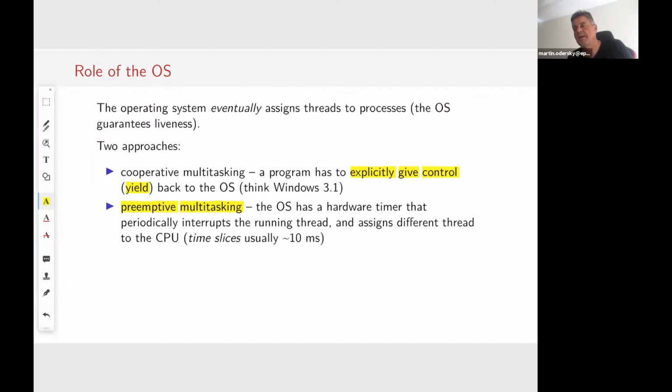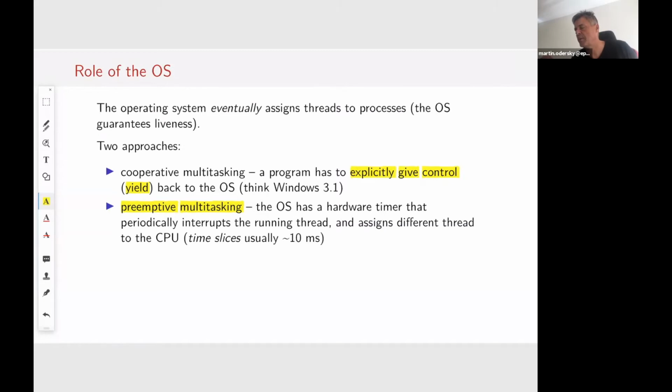I tell the operating system that it can now run some other threads. So that's, in a sense, more lightweight. The advantage is that a thread can choose the points where it's ready to yield, so it cannot be interrupted at arbitrary times when the thread is in a dangerous state.